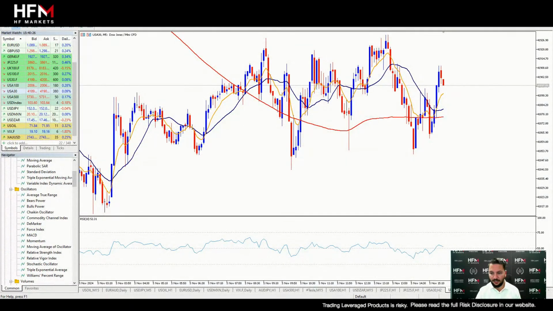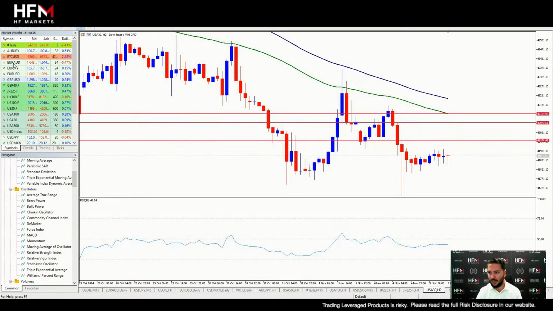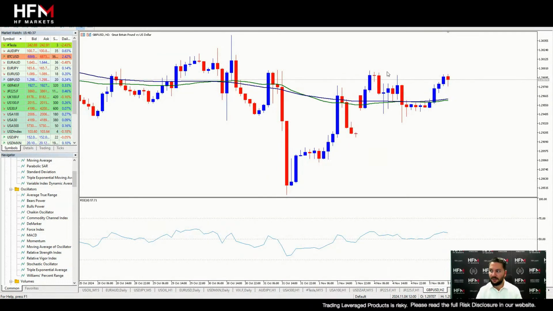Now, somebody here says, can we look at the British pound against the US dollar? So looking at the cable, of course we can. Let's get the cable up on my charts. Now, the cable, ladies and gentlemen, what I want people to be aware of is that it could come under a lot of pressure, especially under a Trump presidency, because Trump has said and has attacked the UK and the European unions with tariffs quite strongly recently. So we need to be cautious about that.